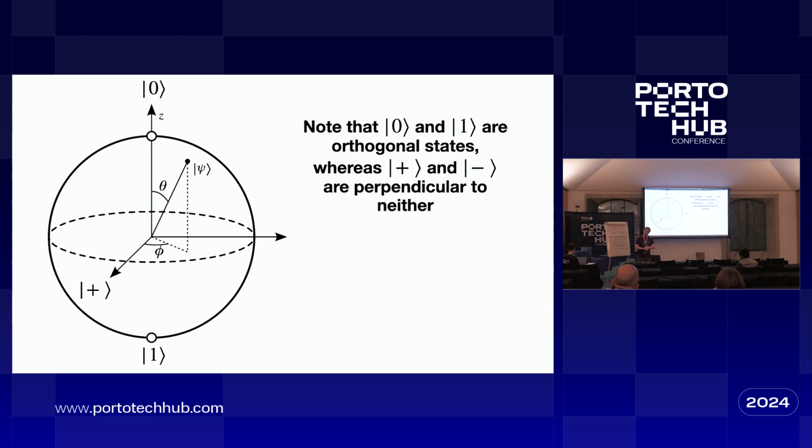There's one way in which it is a little bit misleading. 0 and 1 are orthogonal, and we put them at the north and south pole. In the normal symmetry group of our space, SO(3), the north and south pole are parallel directions, and these directions are orthogonal to the up-down directions. In the Bloch sphere, this is not orthogonal to that. I perhaps should have said that its topology is spherical, but its geometry is something a little bit different. Its symmetry group is SU(2).